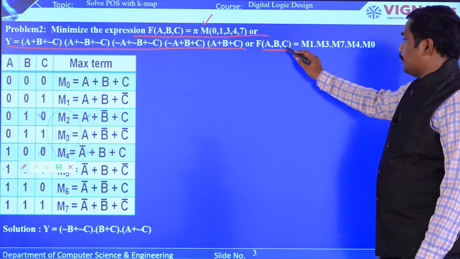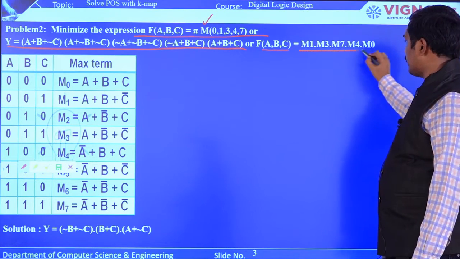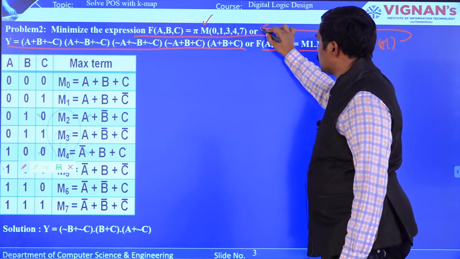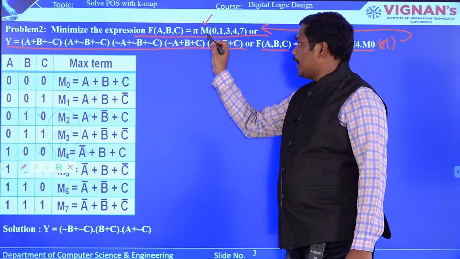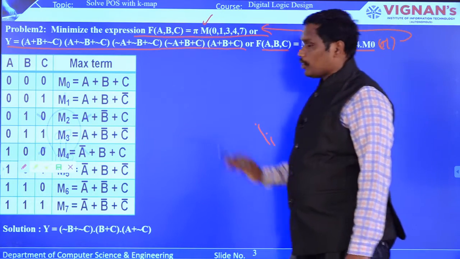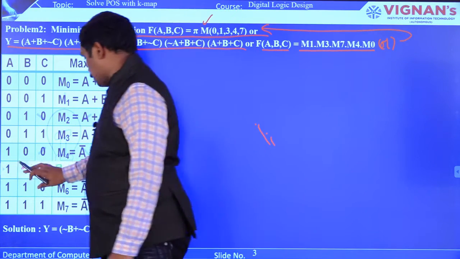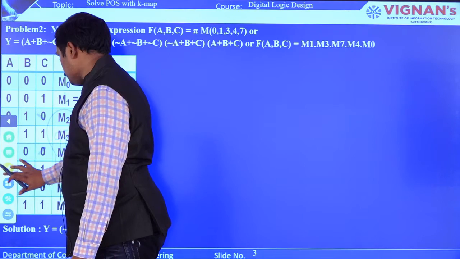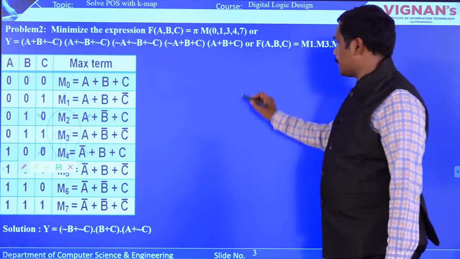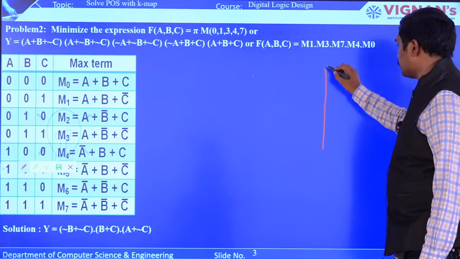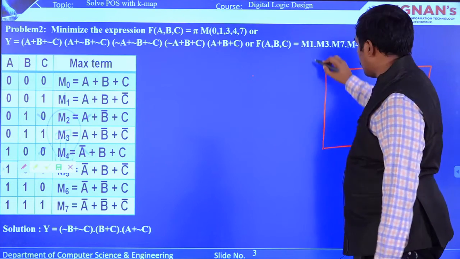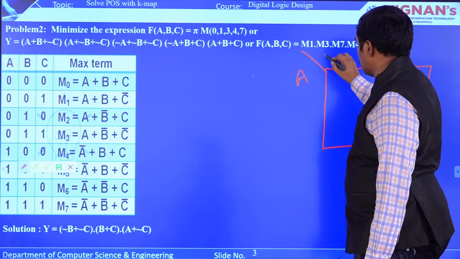So the Boolean expression that they have given can be written like this, or you can also write it like this, pi capital M of 0, 1, 4 and 7, right? Now we'll solve this particular problem. So now we'll construct the Karnaugh map directly, which is 3 variable. Okay, so A, B, C,